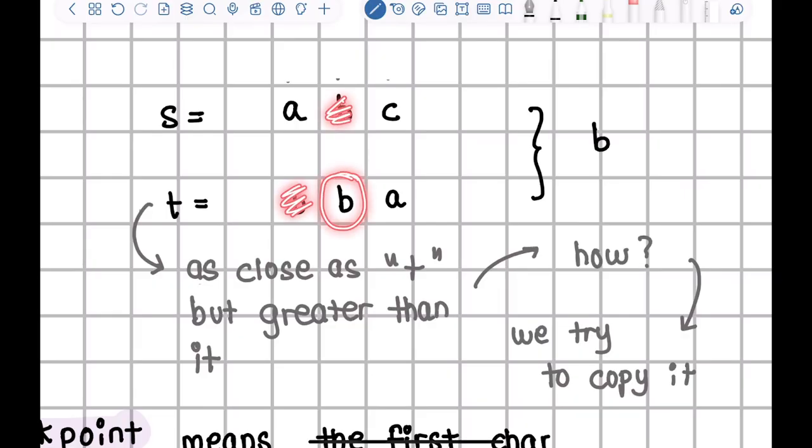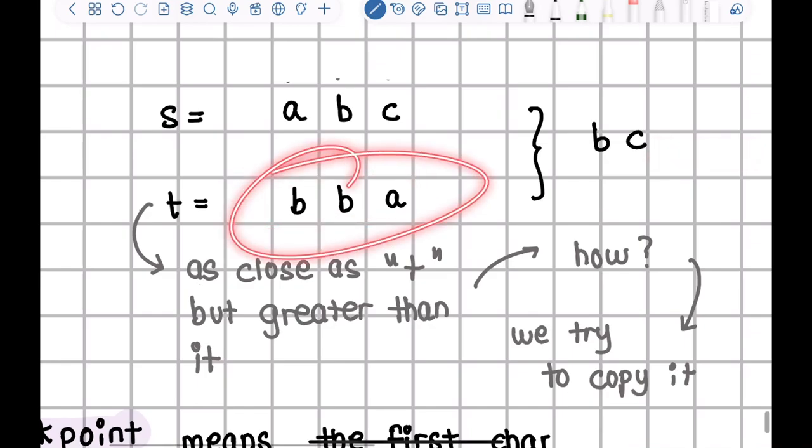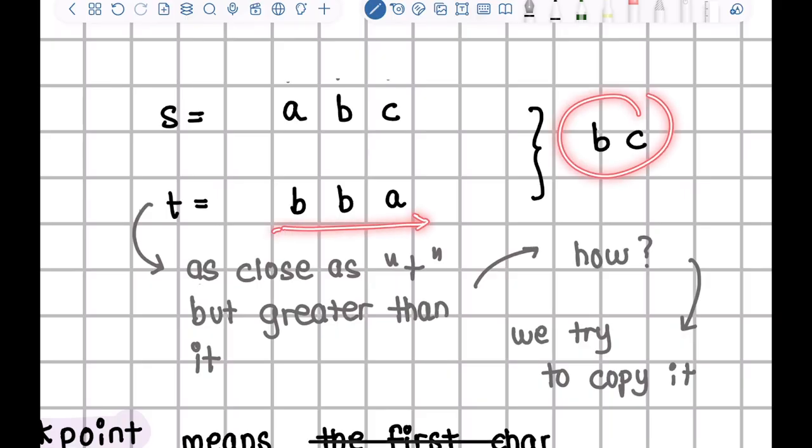Now we are here. In order to be greater, we need to go a little above. We need to find something greater than b. What is greater than b? C. So we add a c, and since now this is greater, if you make any permutation after this, it will be the smallest permutation which is greater than this. Let's say there were 1,000 permutations greater than this, this would be the smallest, because